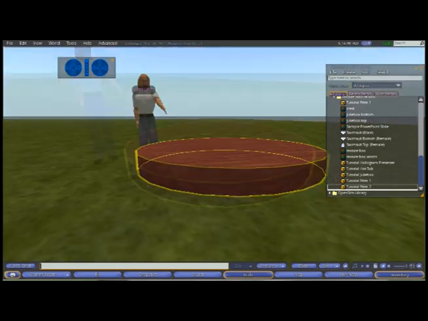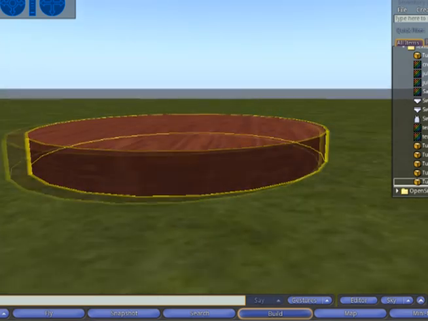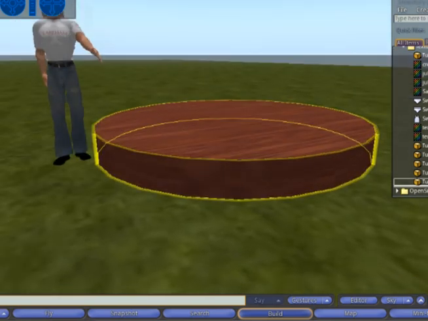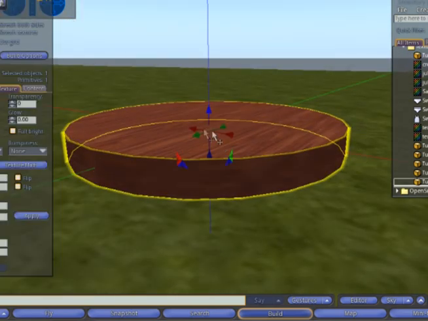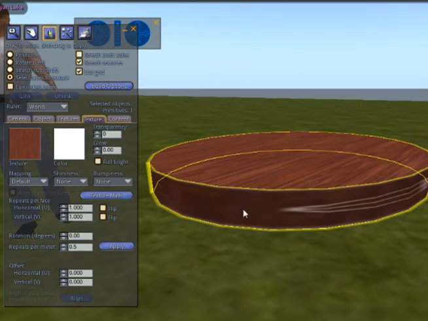So, the tops and bottoms look fine, but the sides are sort of blurry and they don't match the object real well. So we'll go into Select Faces, you can click on the side, and under Mapping,